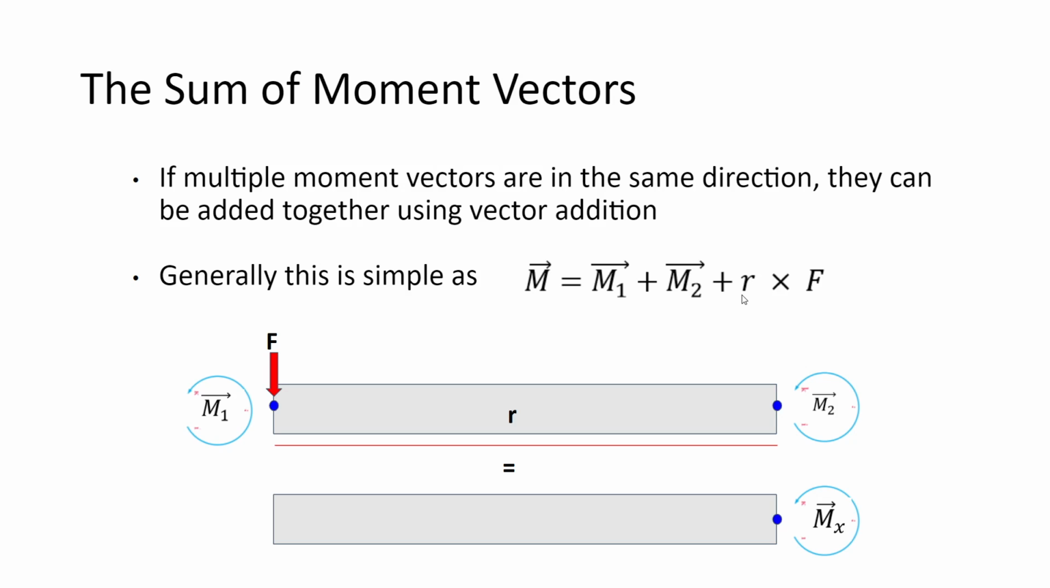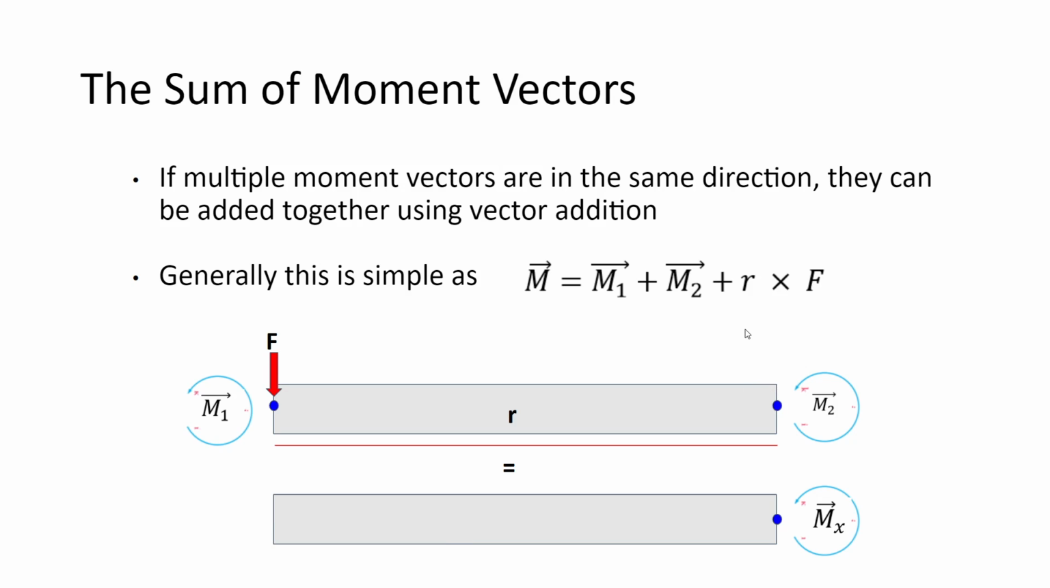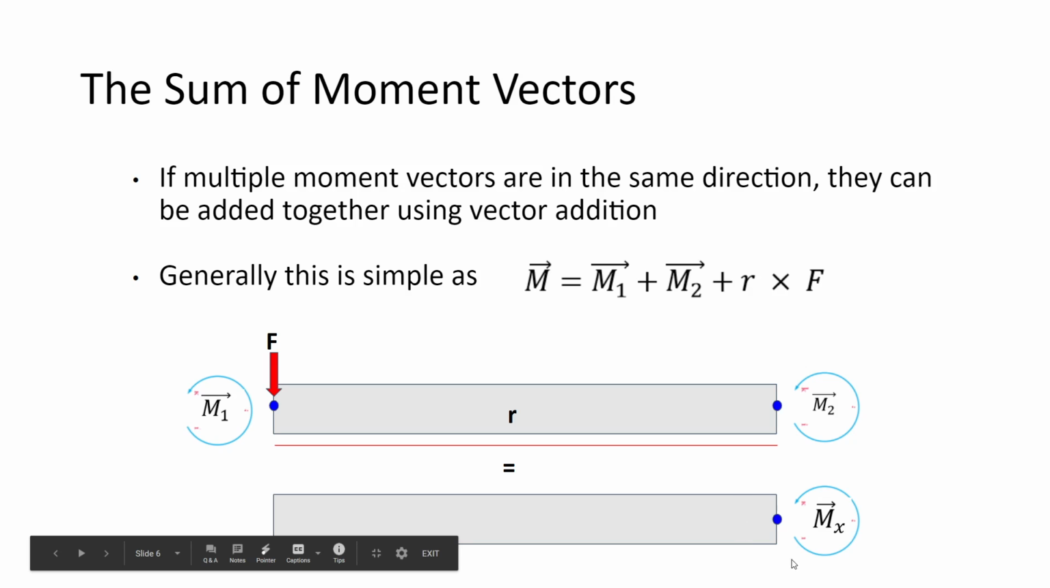Also, using our r cross f for our r vector and our f vector, we can calculate the moment about this point B. This r cross f vector is also a moment about point B. And so we're able to calculate a sum moment by adding together this resultant moment from r and f about point B, and this moment about point A. And all of that sums together to create a resultant moment, and we'll call it x, at this point